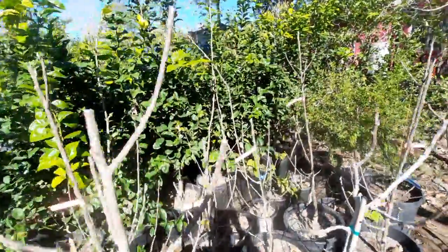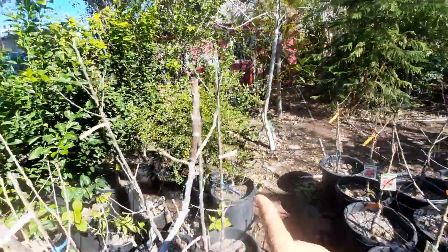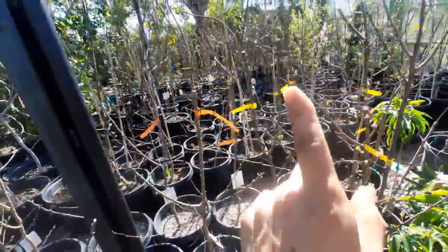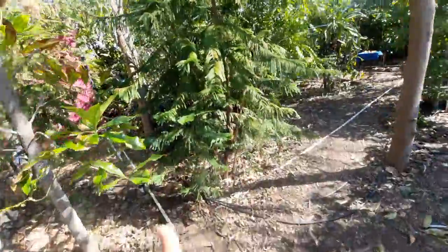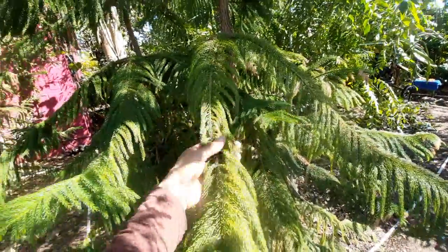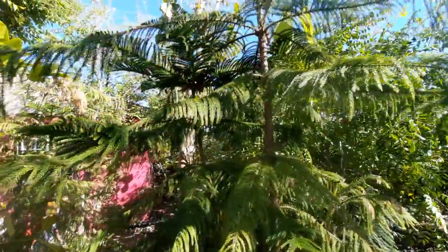I will give you guys more information than you know what to do with as far as getting fruit on all these fruit trees, because I've pretty much gotten every plant that I can think of here to fruit. And we're also growing things here that shouldn't even really exist in Arizona, like these Norfolk Island pines. These should not be